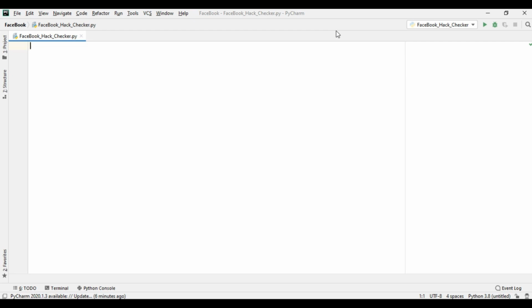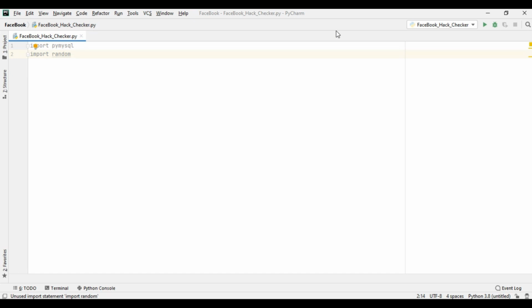So let's start. For that we will import some modules, that is PyMySQL, which is used to connect to the database from any Python file. So I will write import PyMySQL, import random for generating the random number, sorry.